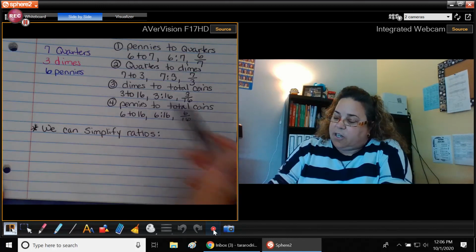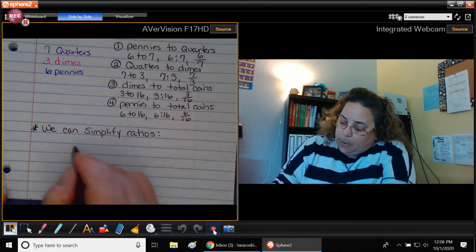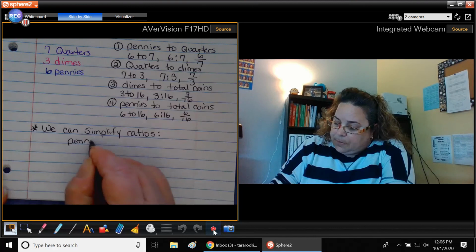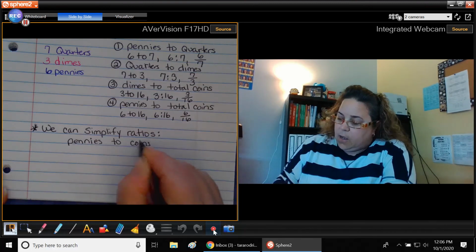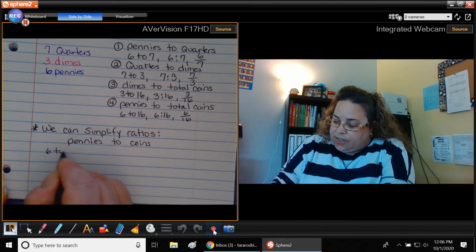Okay, so let's look at our pennies to coins as an example, okay? So our pennies to coins from above. Our answers were 6 to 16,